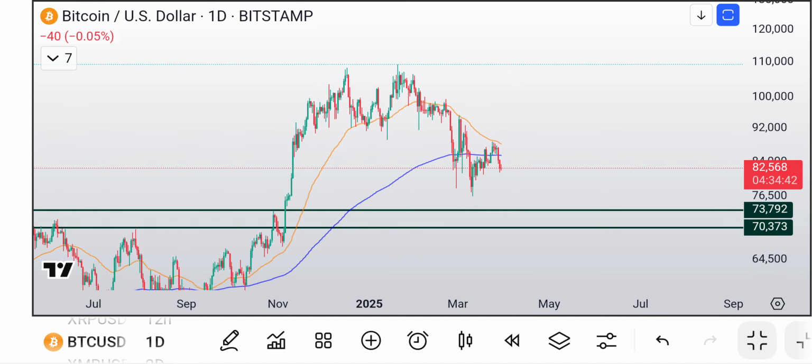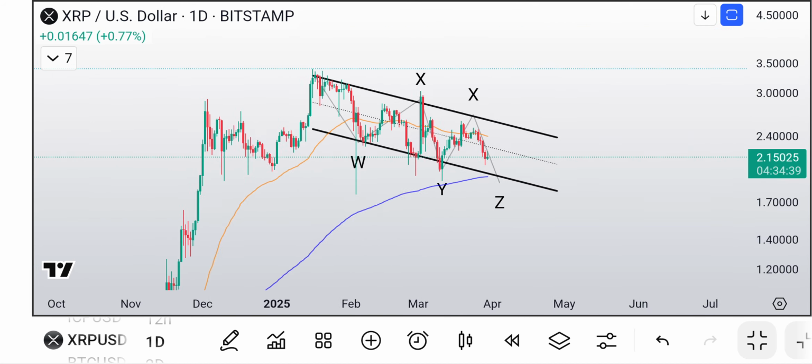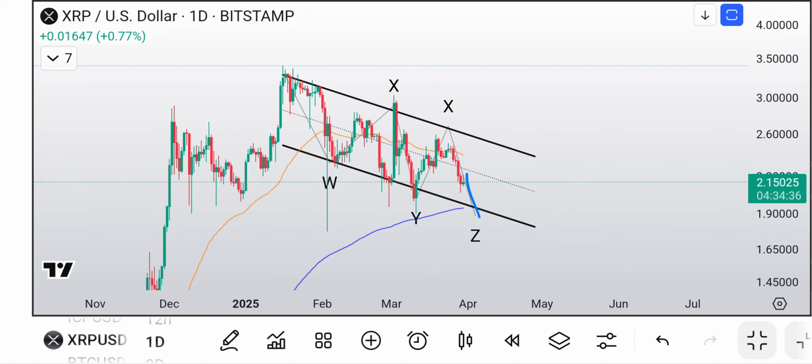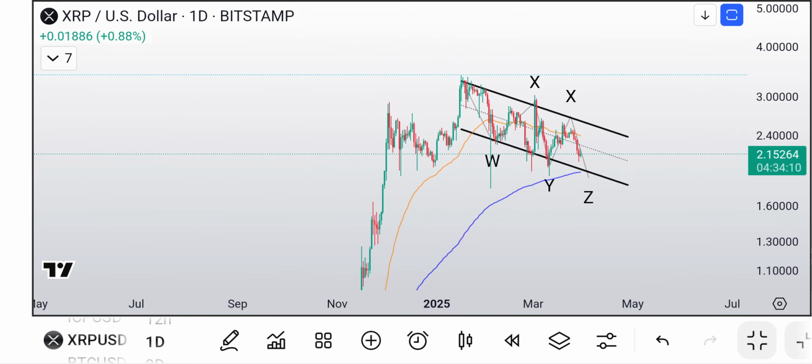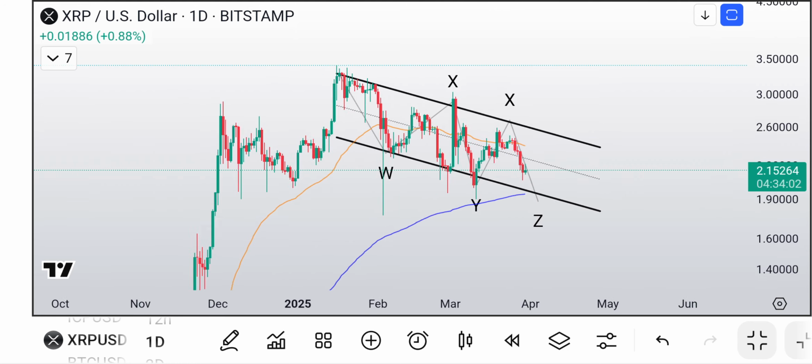Because again, you look at XRP, and if it is a WXYXZ, then we have a little bit more to go. And look where the 200-day moving average is right here. We're nowhere near a death cross for XRP. If we can come down and finish, just like Theta and everything else has one more wave down, at that time we have the death cross, then we consolidate and then we head higher. Don't think that the market's just going to go down forever. It feels like that psychologically, but it's not the case.